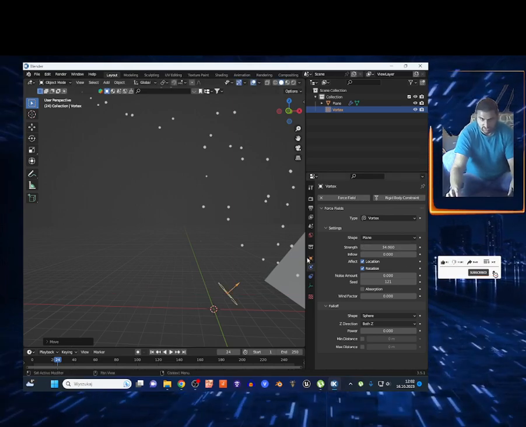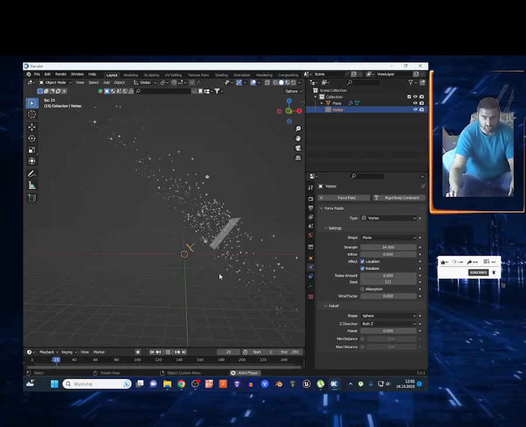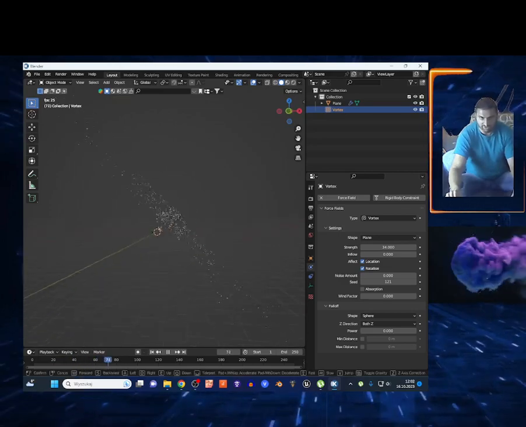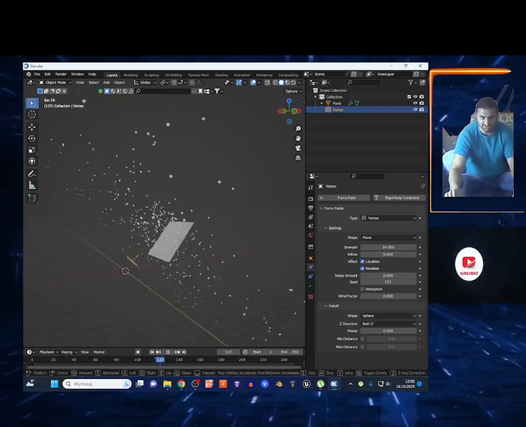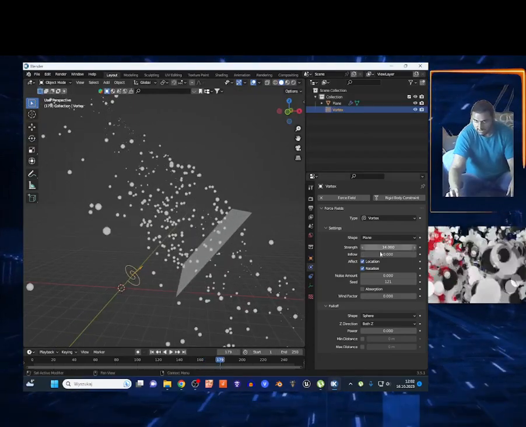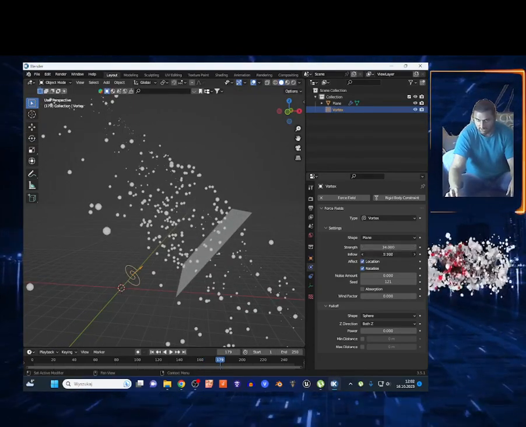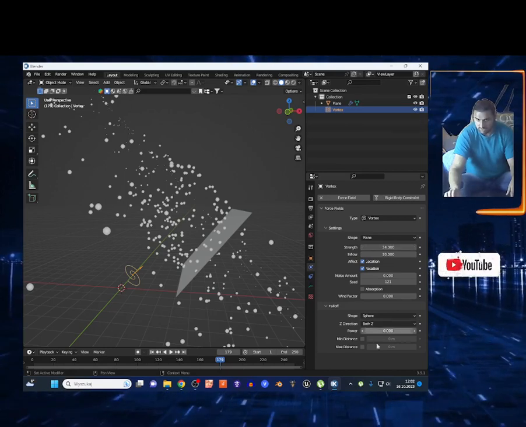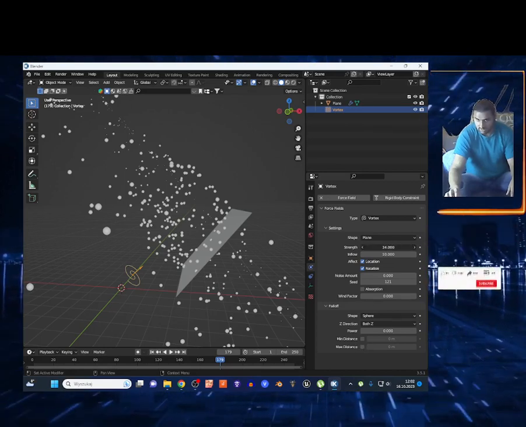This is too much force in my opinion. Wait, yes, I'm just tweaking. So it's very important to tweak the values, guys, if you are playing with the force fields. This is a little bit of a mess right now. So of course you got the strength and the flow too. I'm gonna just increase the flow,